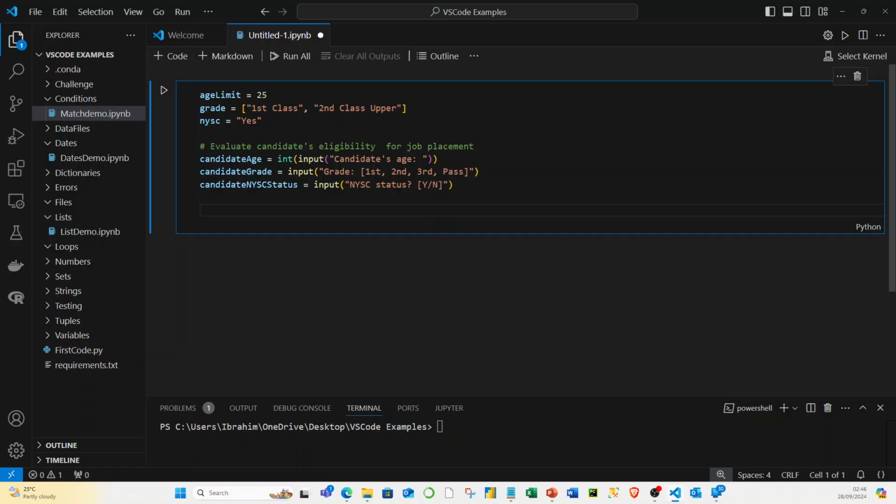So when I want to write an if statement to handle this, it is one of the advantages that if statement has over the match construct that we saw in the previous video. Now I can evaluate all of these variables or conditions and make a decision on the basis of it, unlike match that was only looking at one specific variable at a time. So I can come in here and say if candidate age is below, because I'm saying below 25, I'm saying below age limit, and